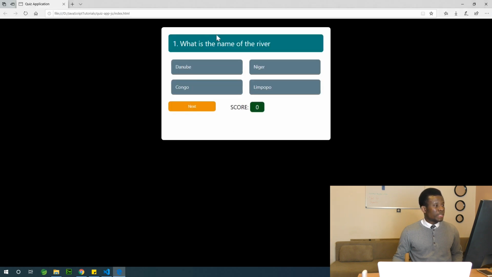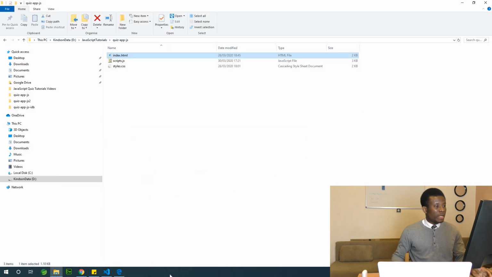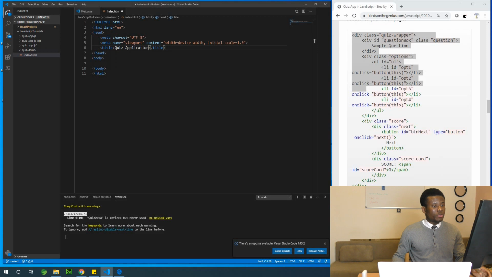Let me just open and show you the ingredients. Here we have the quiz wrapper, this white container here. We have the question box, we have the options, we have the next, we have the score. So a basic application. You can see, I'm going to go back to the page and I'm going to copy the